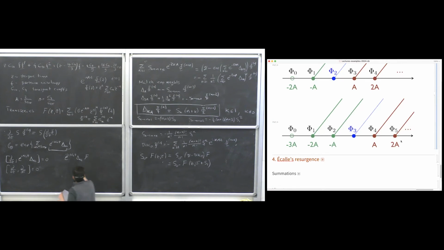Also, the same is true for this one. But because of these commutation relations, these two have to be proportional to each other. And the proportionality constant cannot depend on z. It can only depend on the parameter sigma. So that means that, of course, this depends on the omega. There has to be some proportionality constant